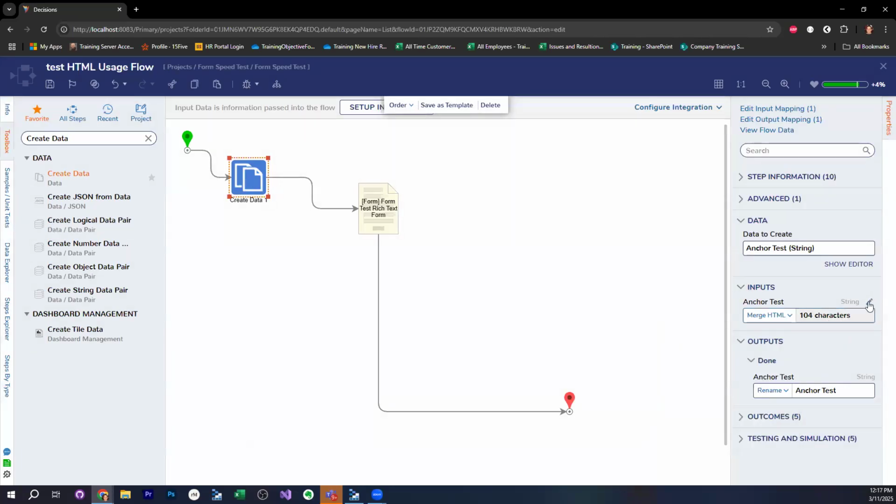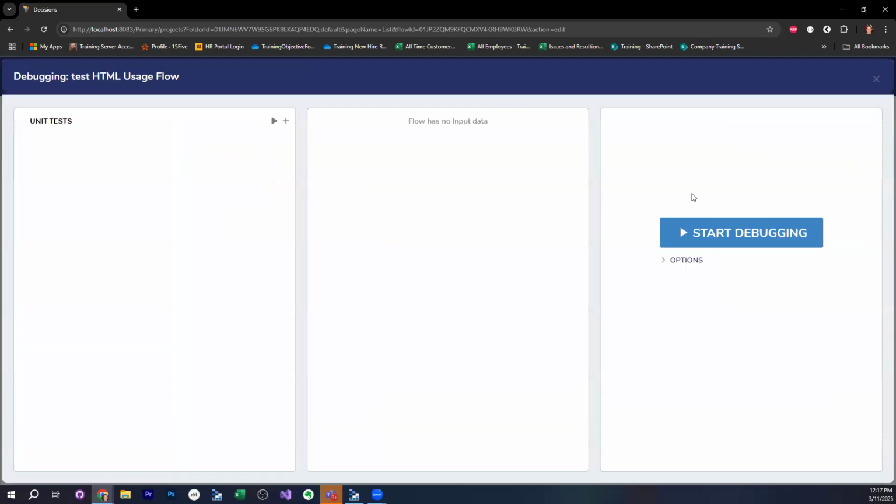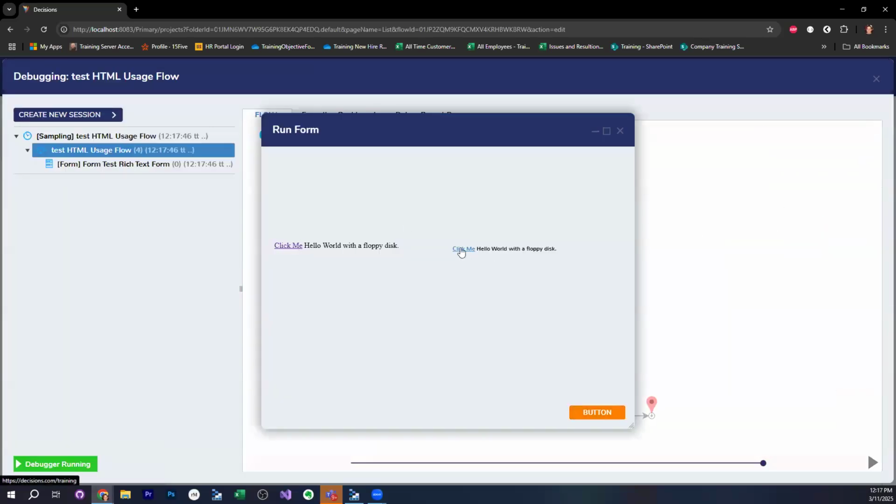And then let's do this. Instead of utilizing the tag here, I'm just curious if this works. If I say click me, and then I say the link right here, and then I say new tab, and then I put HTTPS. Except the problem is it's static, right? I'm just curious to see what happens. If I can spell it, training. Then it's click me, and it looks like a link. Save, and let's test it, run it. And there you go, click me, and now it's a link.